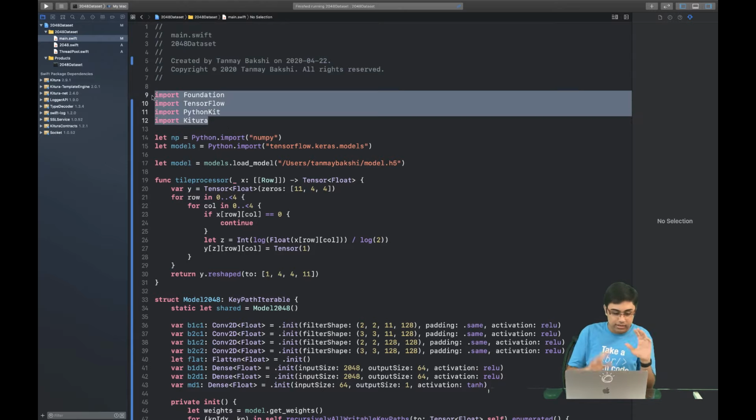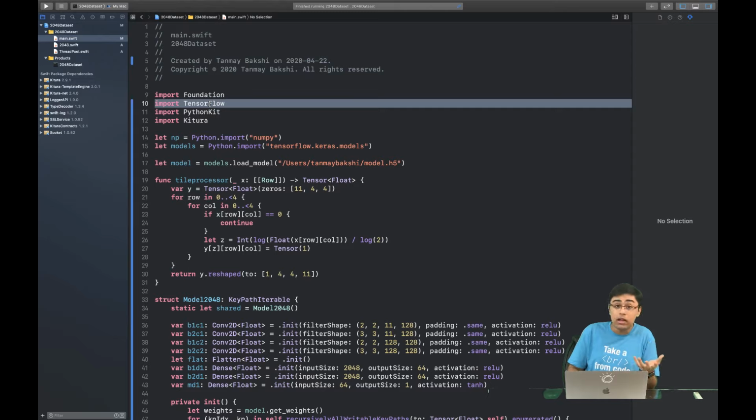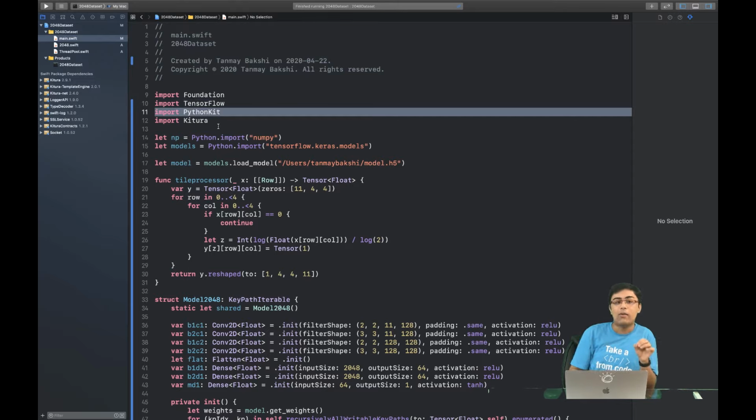Now, of course, in the beginning, there's just a couple of imports. In Swift, we're only doing a few key imports: Foundation, TensorFlow, PythonKit, and Kitura. Foundation, of course, is default Apple stuff, going to give us some good Swift utilities to use. TensorFlow, the Swift for TensorFlow framework, is going to allow us to create some deep neural network architectures within the Swift language. PythonKit will actually allow us to load Python Keras model weights